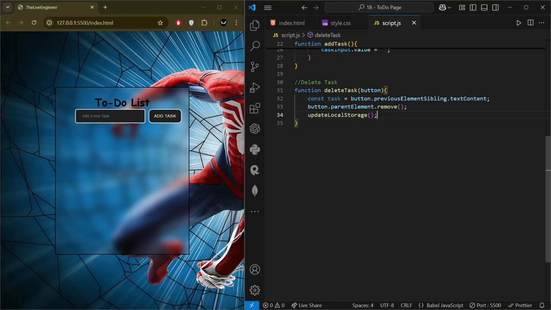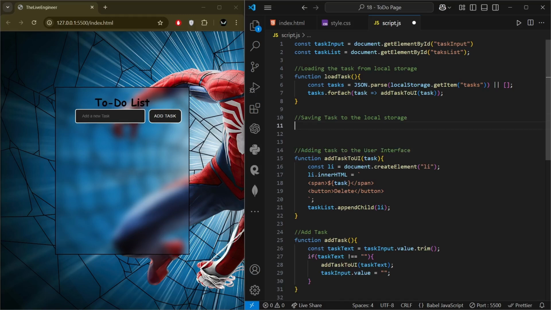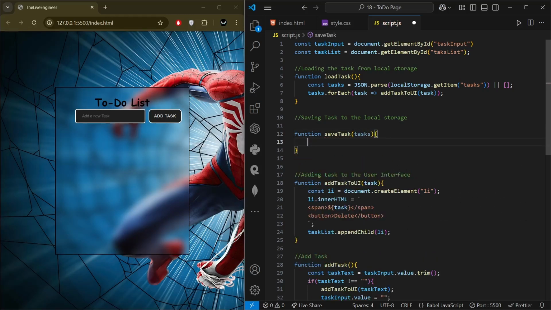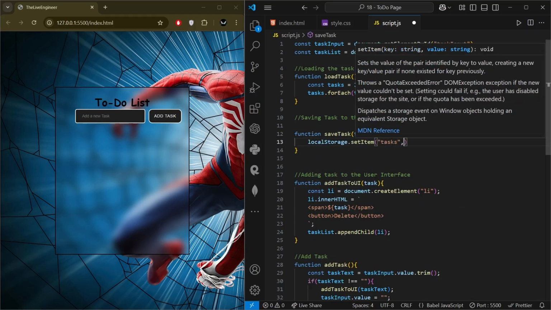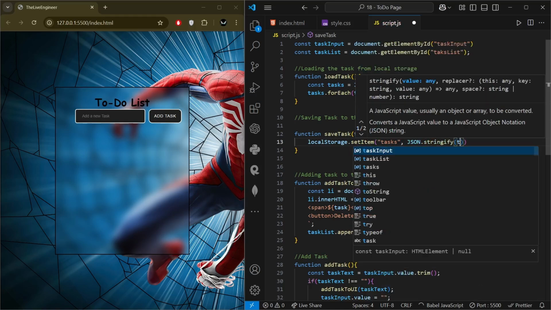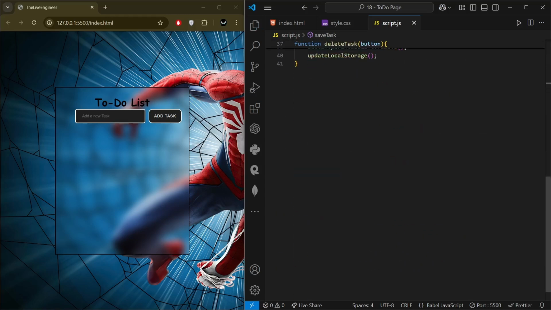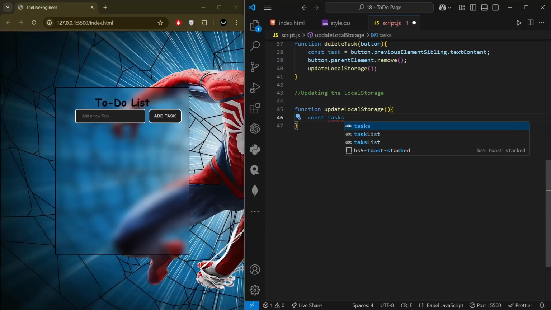Now let us create one function so that we will save the task to the local storage. Say function saveTask, and this parameter tasks, localStorage.setItem, and we will set these tasks. And after this we will give the second parameter JSON.stringify(tasks). Next we need to update the local storage, so we will say function updateLocalStorage, and this function will say const tasks is equal to Array.from(taskList